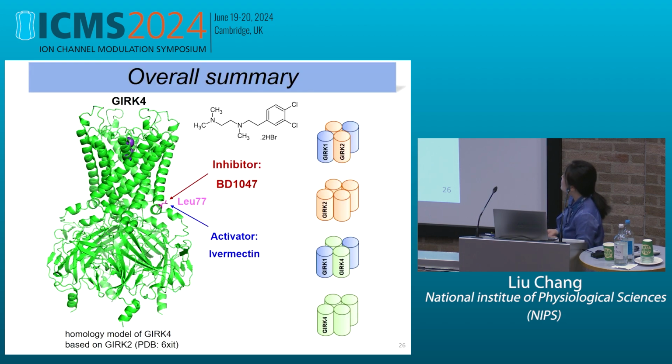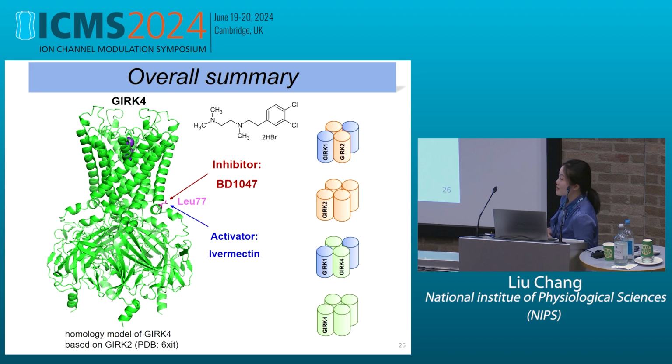Here, I would like to summarize my presentation today. What we found is that one of the antagonists of the sigma-1 receptor, called BD1047, can directly inhibit the GIRK channel instead of acting through the sigma-1 receptor. And it has a stronger inhibition effect on the GIRK4 channel. So by the chimeric mutagenesis study, we identified that leucine 77 is quite important for its inhibition, which is confirmed